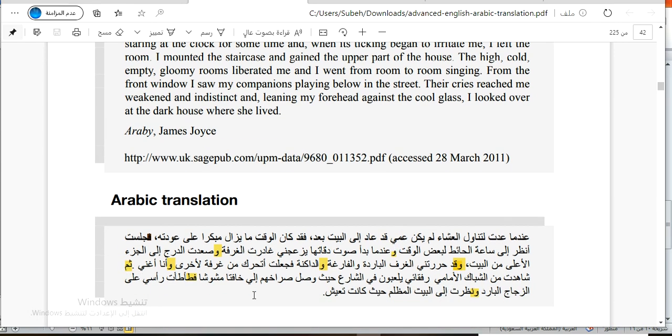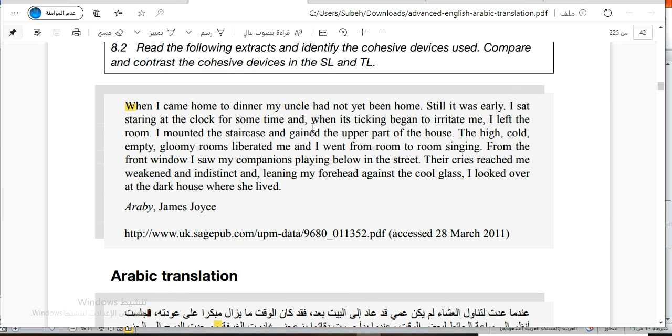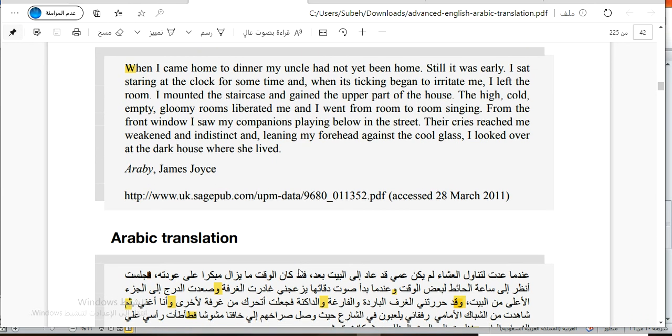But if you count the 'and' words in this text, you will find that they are fewer than in the Arabic translation. And this could be because Arabic has no problem with long sentences. Here, هنا long sentence لحتى الآن ما انتهت. long sentence لحتى الآن كل هذه هي الحديث هنا انتهت. كل هذه long sentence. فعشان يستمر باللونج sentence بستخدم coordination كتير.